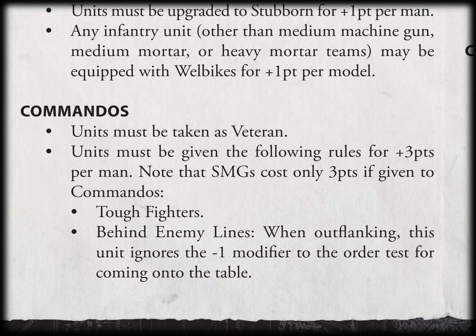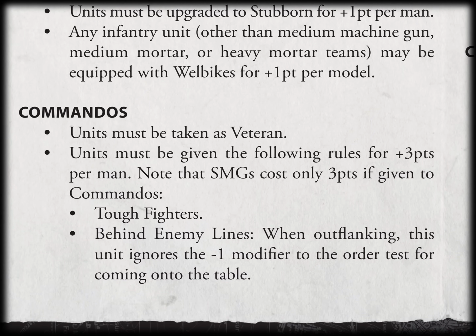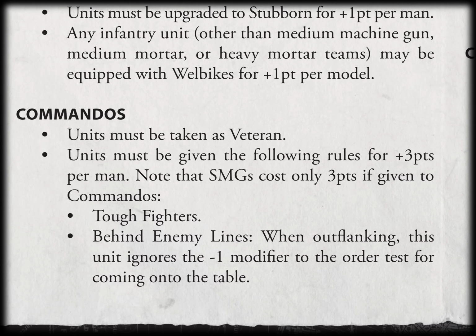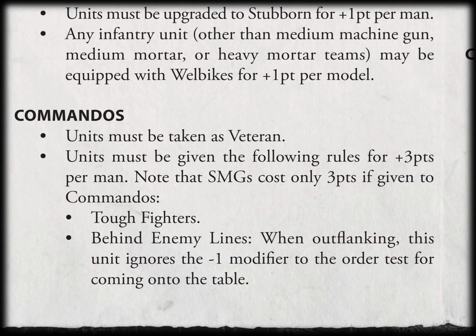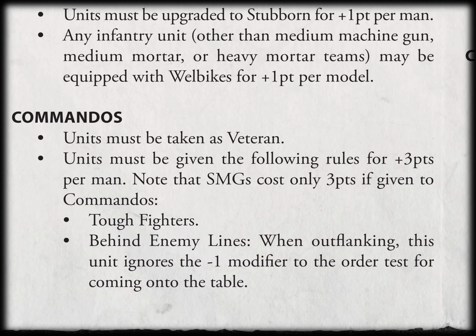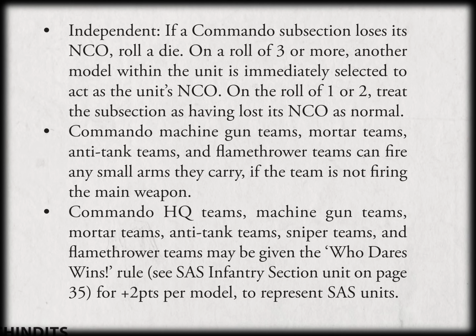That's cool. Commandos, units must be taken as veteran. You have to pay an extra 3 points per man. SMGs only cost you 3 points, though, because for that extra 3 points per man, they all become tough fighters. So that's where you get the reduction of the cost of the SMG. They get behind enemy lines, which is that they ignore the -1 modifier to order test when outflanking. They get independent, which appeared in the D-Day British and Canadian book